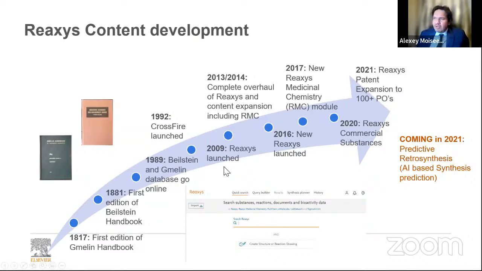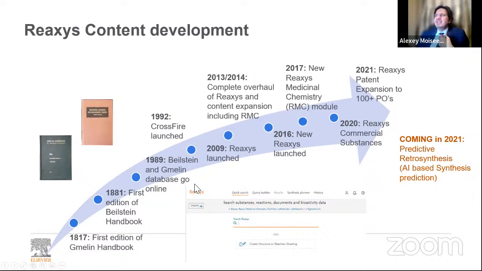Reaxys has a very long history. It started from the Gmelin Handbook and the Beilstein database. This really has a lot of information from literature that was published many years ago, and also new documents that were published in the last several weeks or will be published, for example, next year.